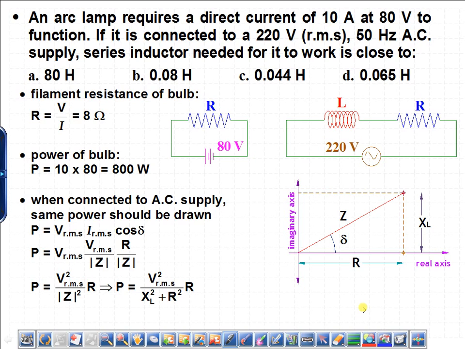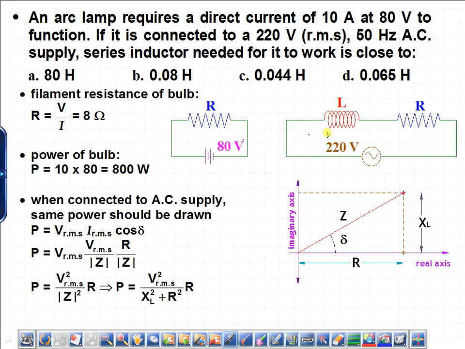This is the sustainable current, this is a sustainable power. Beyond this, it is likely that current will exceed. If we supply the power more than this value, it will cause the current to exceed the normal value, and it will cause the filament to melt. So since it is connected to AC supply, we have to control that current such that the power is going to remain constant, whether it is DC or whether it is AC.